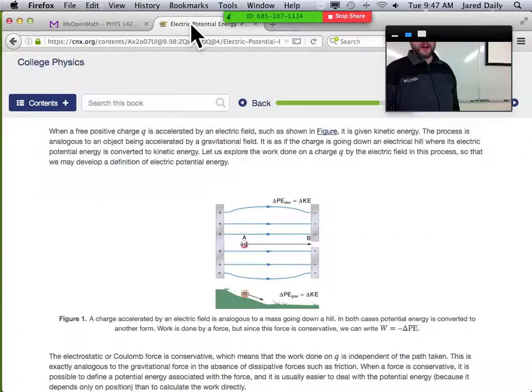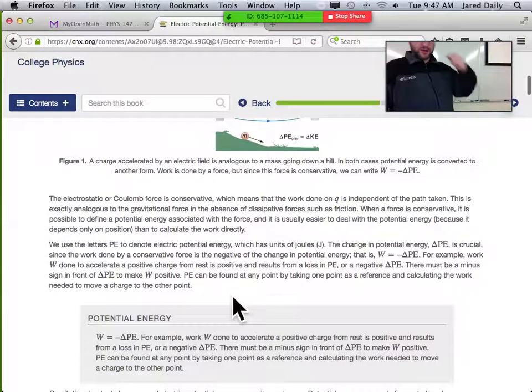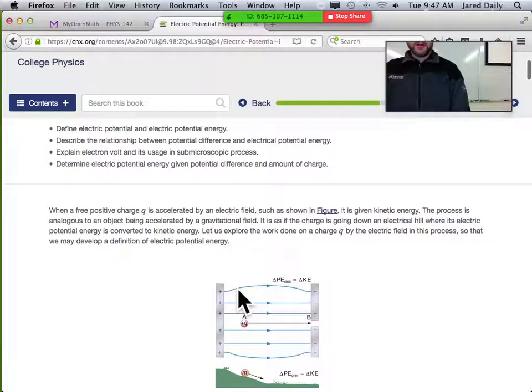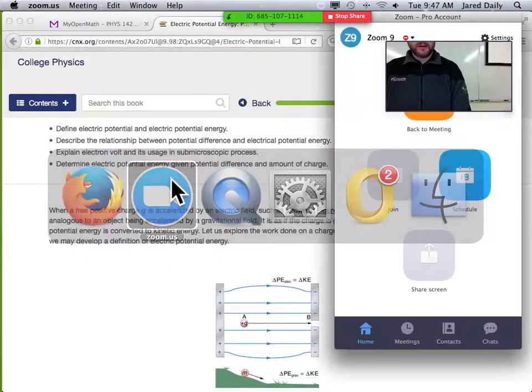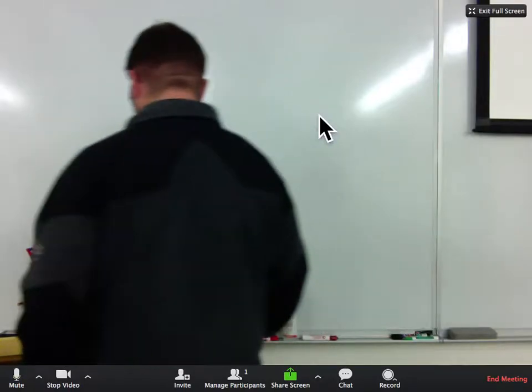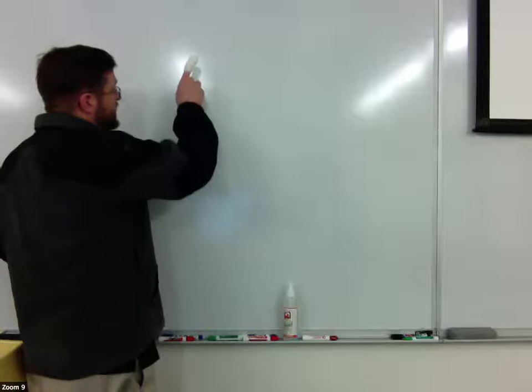Okay, so anyway, this is what we're starting with. We're going to start by learning about what is potential and how it's related to potential energy with an electric field. So, what you're seeing at the very beginning of the chapter here is